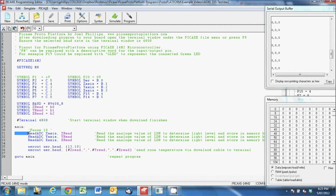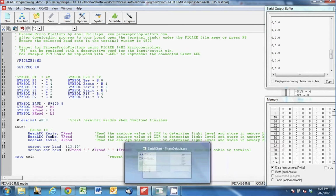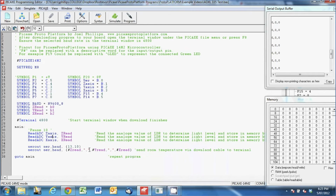And down here we've got read ADC from the Z-axis into the Z memory, which I've called Z read, and the same thing for Y and X. And then out here, and this is probably important, if I'm trying to get this data into the serial chart program, it needs to be comma separated. So what I've got is the Z read value, and I've got a hash in front of it so that it's